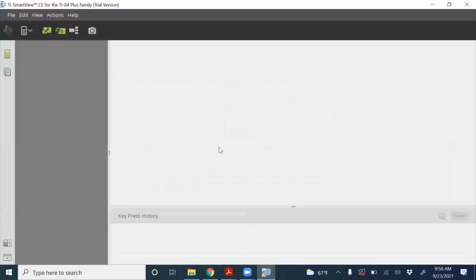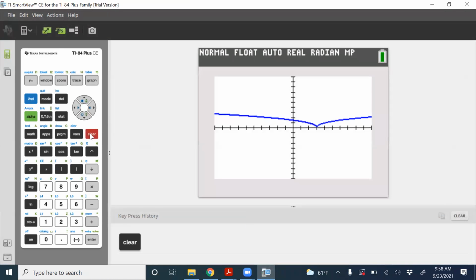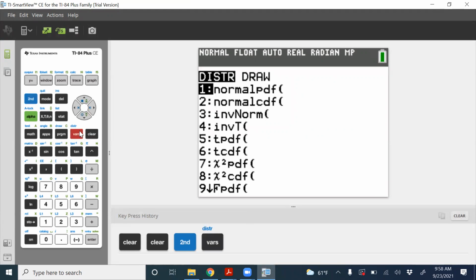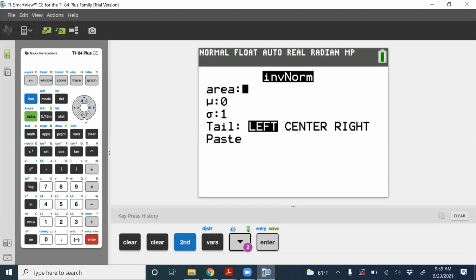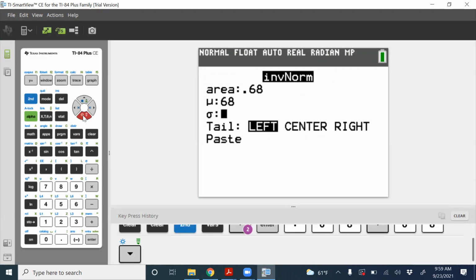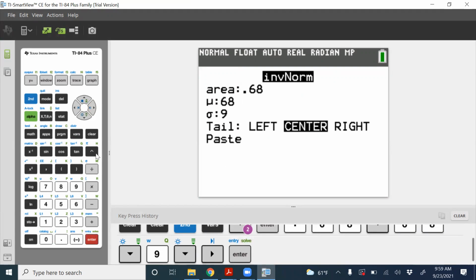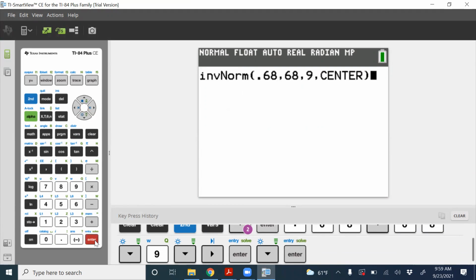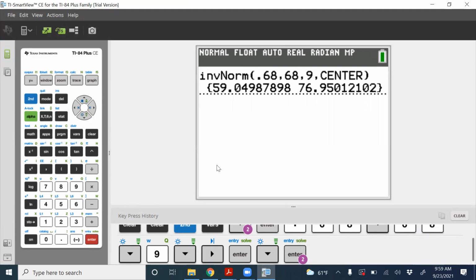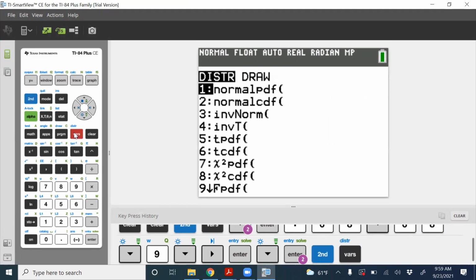is you go to the calculator. You go second vars, inverse norm. You want the middle 68%, so do 0.68. 68 is our mean, our standard deviation is 9. And then we're trying to find the center here. You guys may not have that option, but you'll see it says from 59 to 77. If you don't have that option, then what you would do